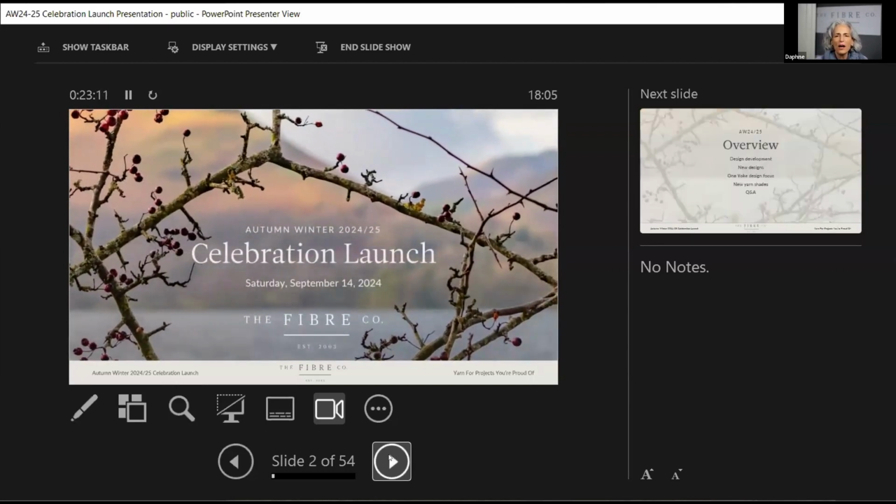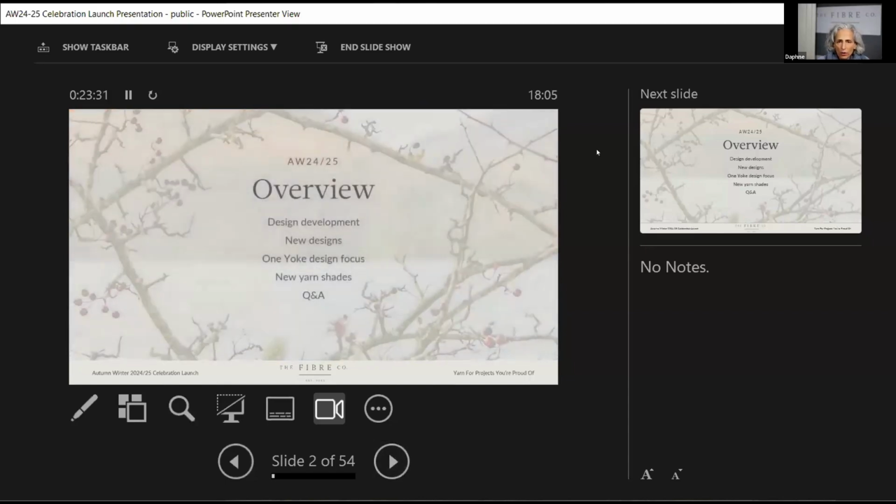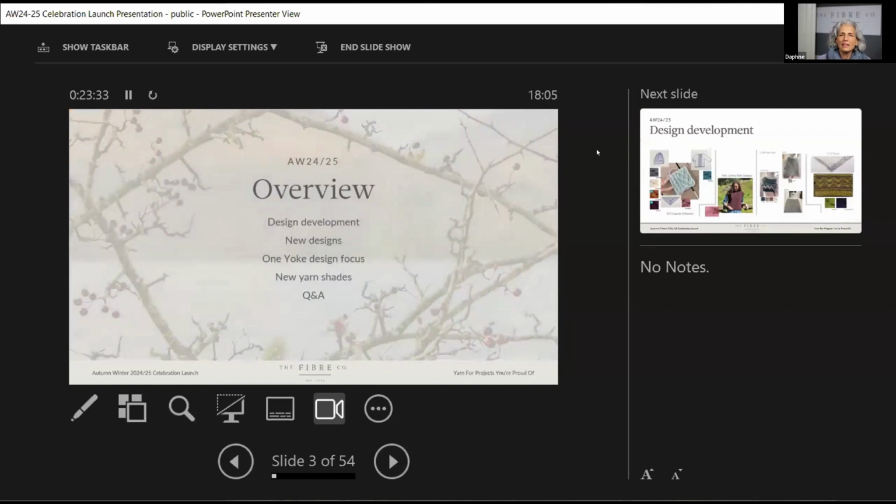I'm Daphne Marinopoulos. I'm with the Fibre Co, and I'm here with my colleague, Becky Baker, who is our design manager. Hi, Becky. Hiya. So we're here today to go through our autumn-winter present collection to show you what that's all about. And in addition to that, we're going to begin, though, by digging into the design development process a